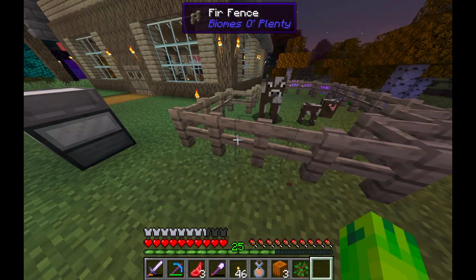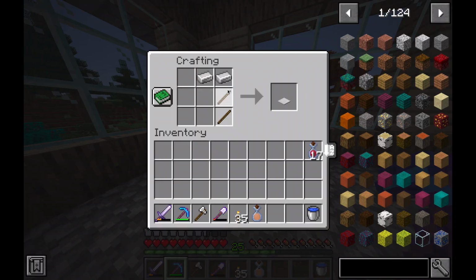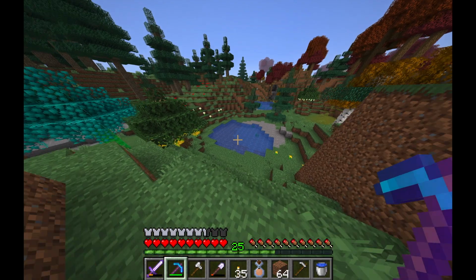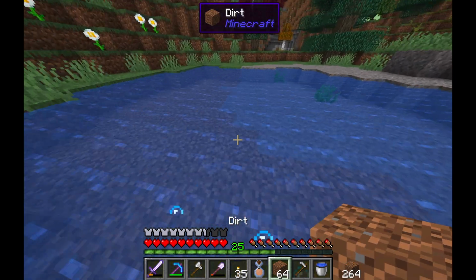And then there was sheep and cows. I thought I would knock out 2 in 1, but eventually I was only able to come back with 2 cows. I decided it was also time for farming, so I made an iron hoe, grabbed some dirt,